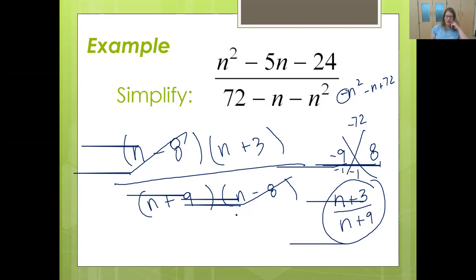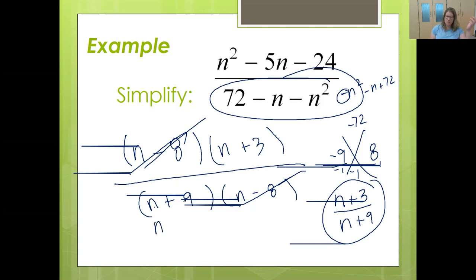All right, so now we need to think about our excluded values. What can n not be? So we would want to start with the denominator before anything got canceled out, but this is the factored form of that, and this is the one that's easy to tell what n should not be. So if n plus 9 times n minus 8 cannot be 0,